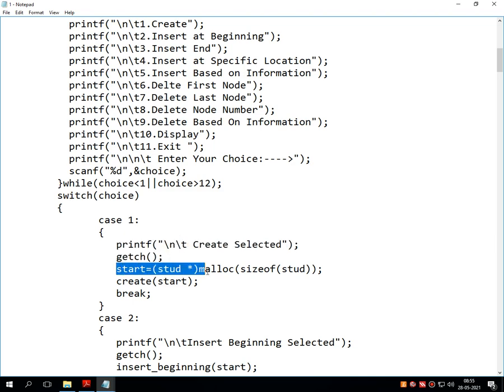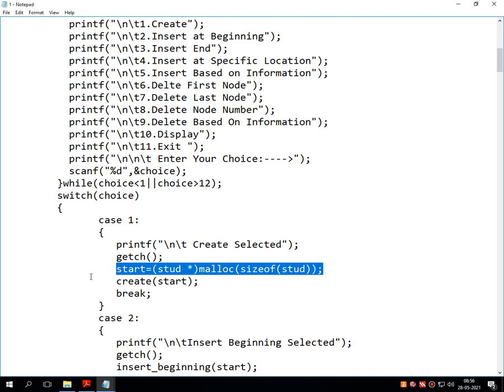Once we press enter, this is something new. What it does, it creates a blank node inside the memory. Again I am repeating, this selected line of code will create a blank node in the memory. It's just like a rectangle in the memory.